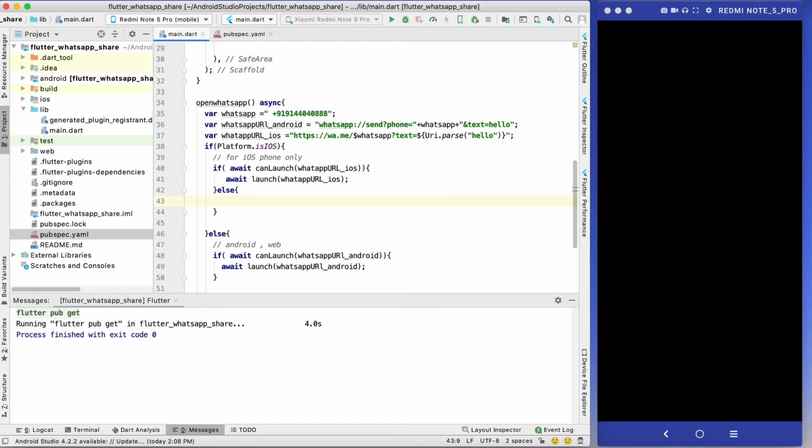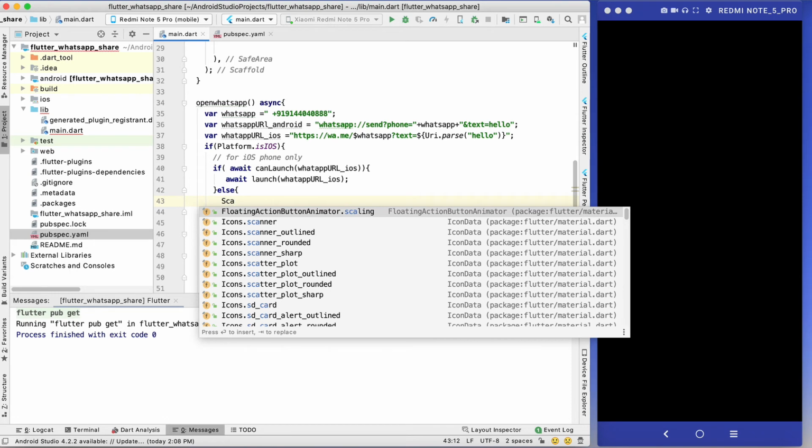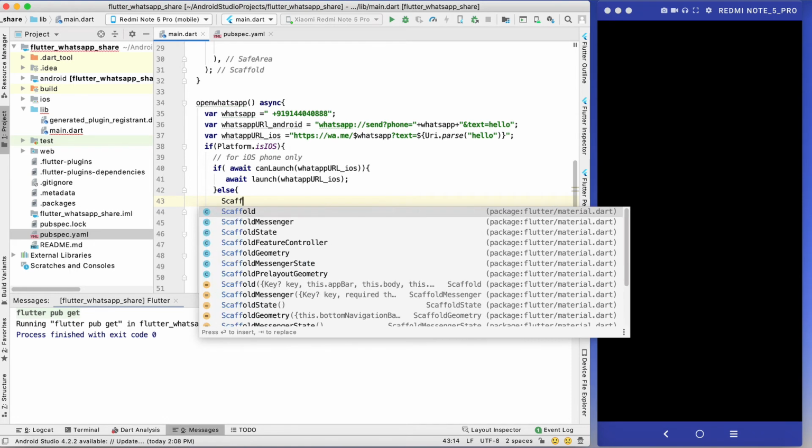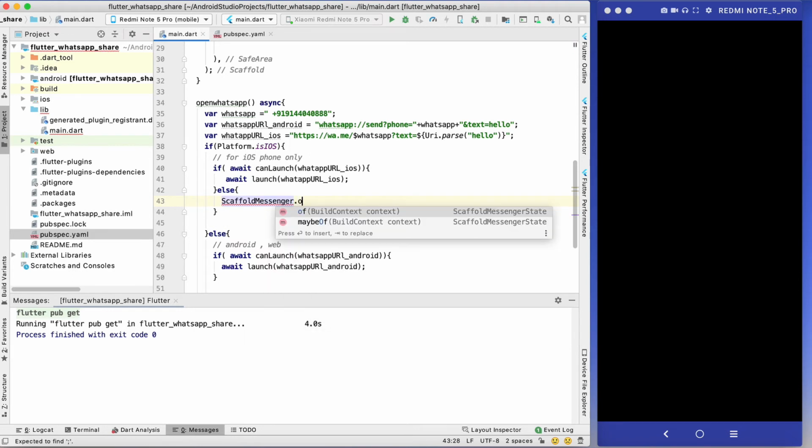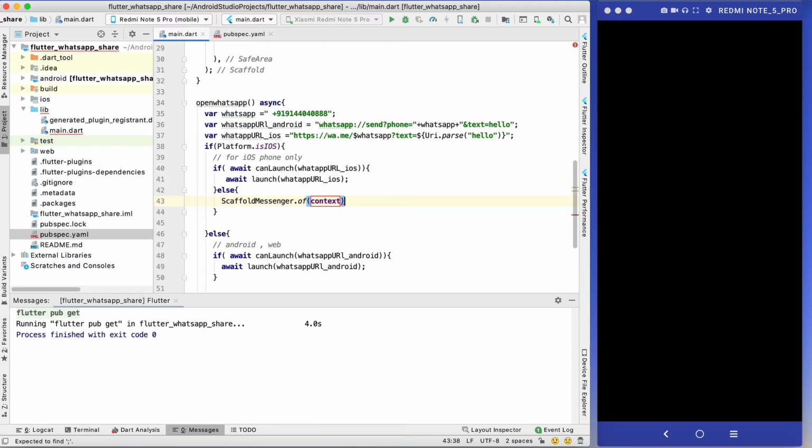For that purpose just use a snack bar. So use ScaffoldMessenger.of(context). Context is the context of the build method.